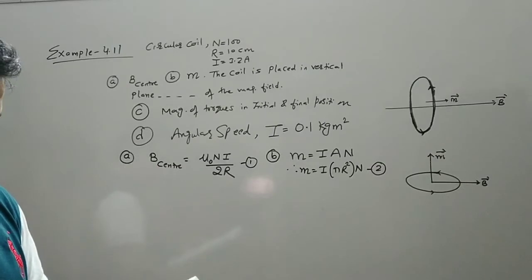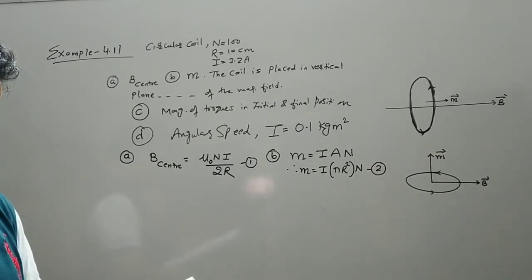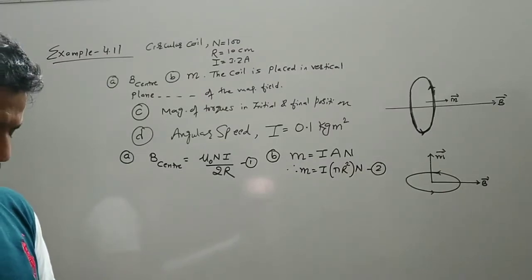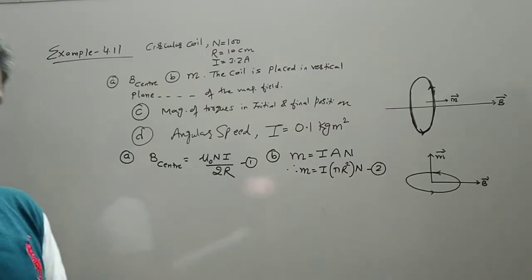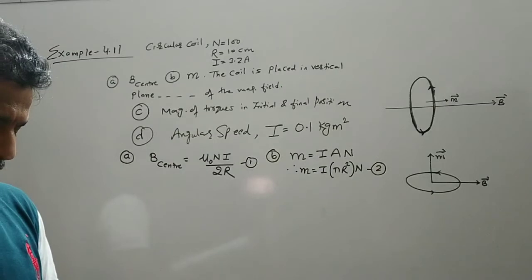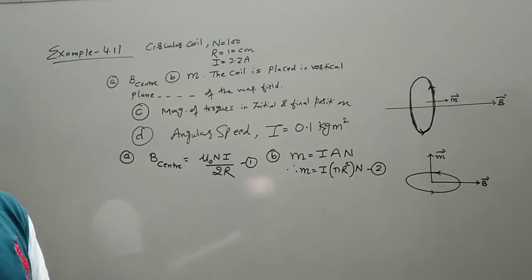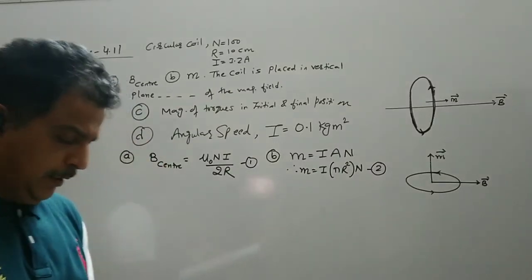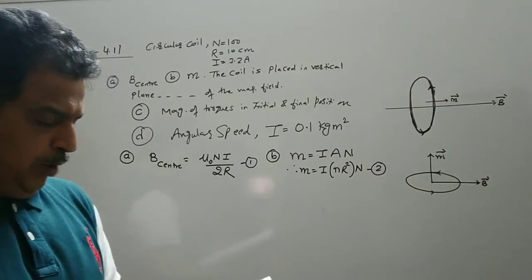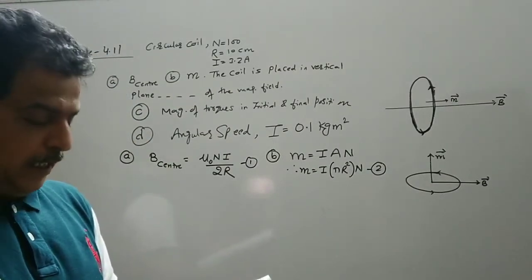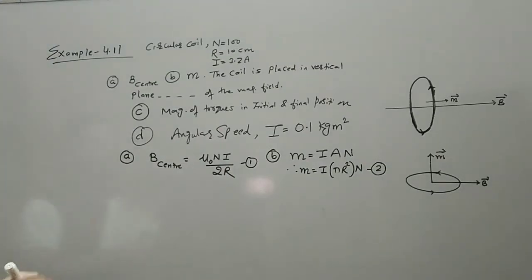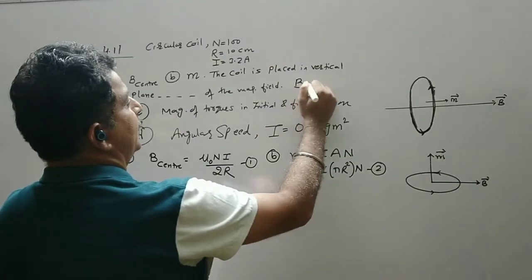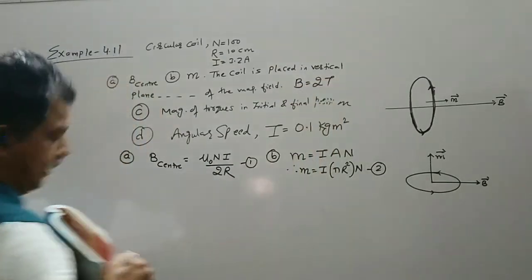It is free to rotate about a horizontal axis which coincides with its diameter. So this coil is free to rotate about a horizontal axis which coincides with its diameter. We will see the geometry. Then we apply a uniform magnetic field of 2 Tesla. So the external magnetic field applied is 2 Tesla